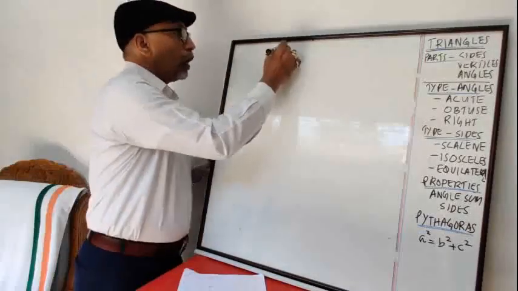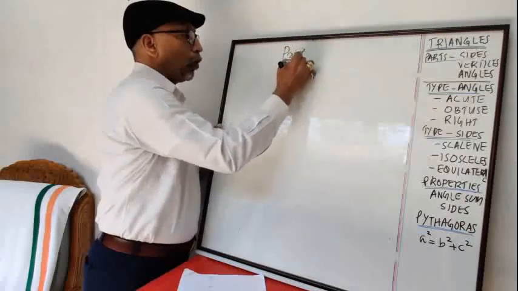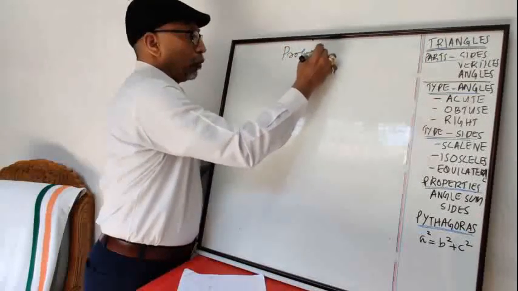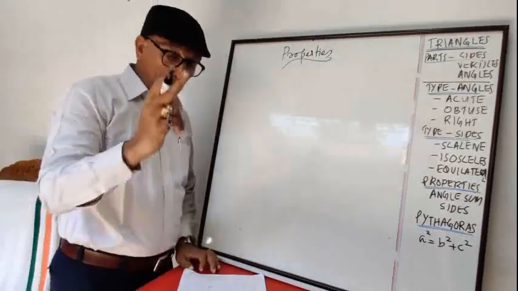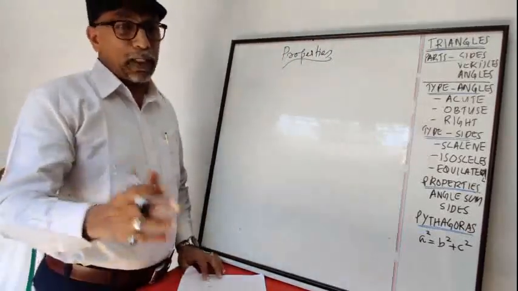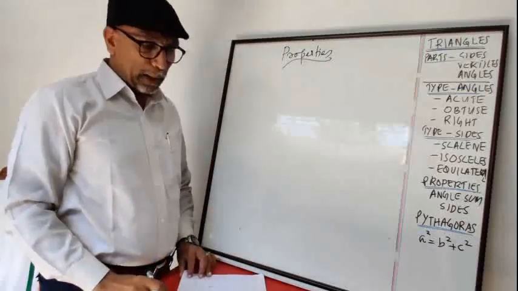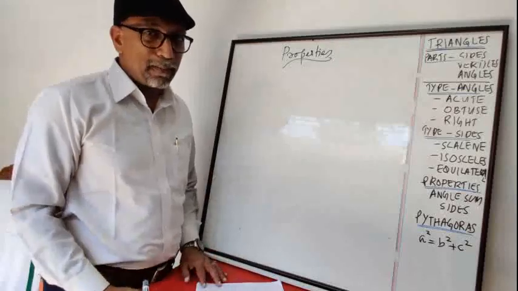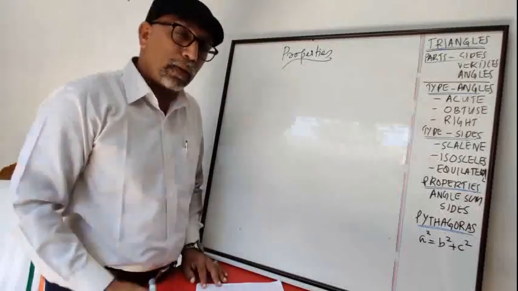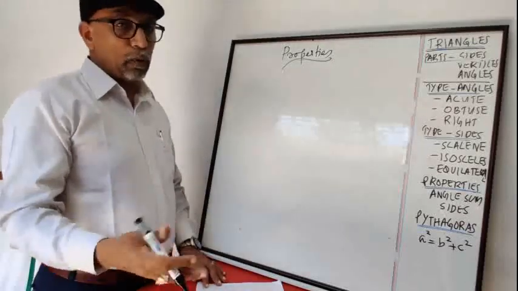Now, properties of triangle. You have 2 very important properties of a triangle. The first one is very clear, everyone knows that. The second one may not be that clear, so I will explain the second one more, and the first one